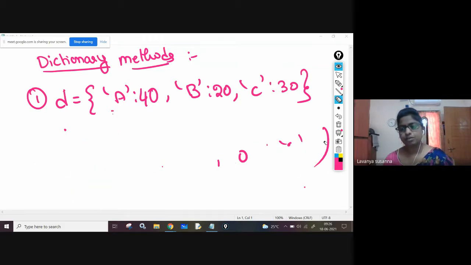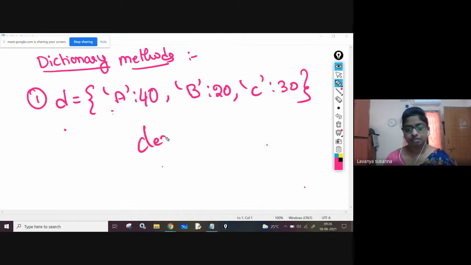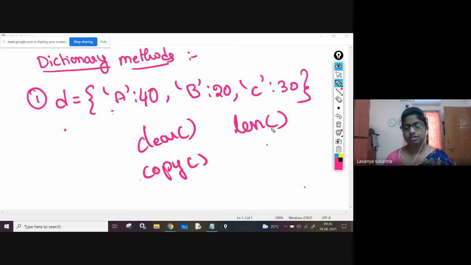Up to now, we have discussed the clear function, the copy function, the len function, and next, the items function.